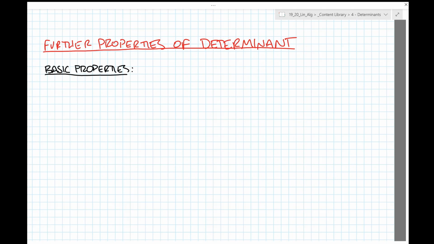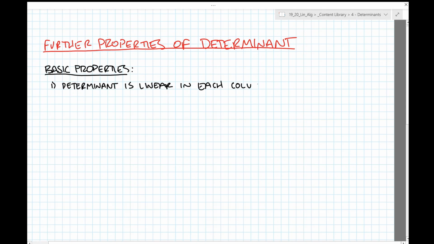So we're going to use some properties that we had talked about, and see how we can take these basic properties from the previous video and leverage them to talk about some specific properties of our determinant. Just as a recap, we had linear in each column. So the determinant is linear in each column. And basically the way that we could write that is if you have the determinant of